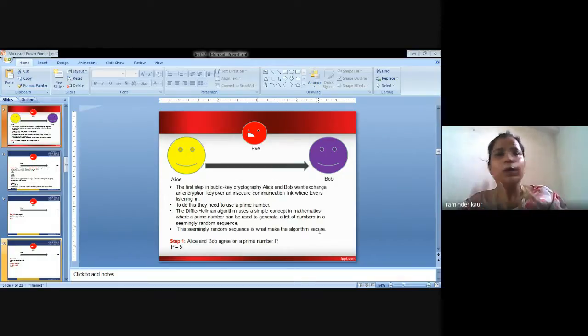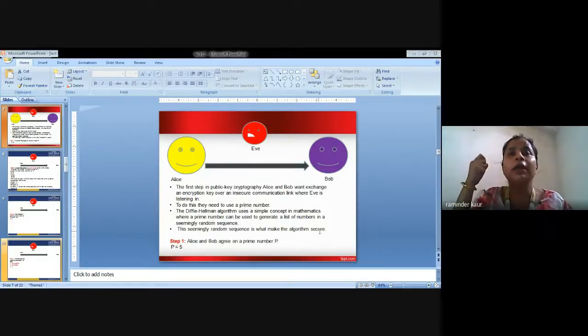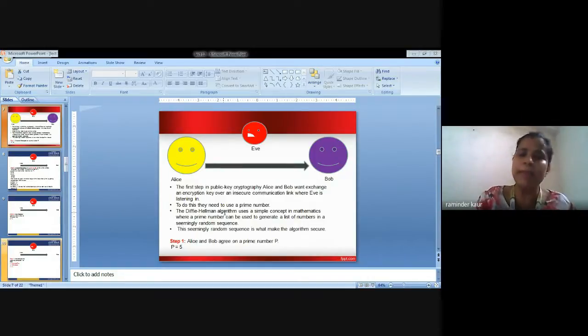Encryptions are based on the prime numbers that you choose, at your own risk. The more complex the prime number is, the more difficult it will be for the hacker to hack the underlying information. Similarly, you are supposed to proceed with the first step in the Diffie-Hellman key exchange algorithm. Have a look at all the key points that I have discussed, because you are supposed to proceed with the algorithm in the same manner as discussed in these points. So just have a look at all these steps.